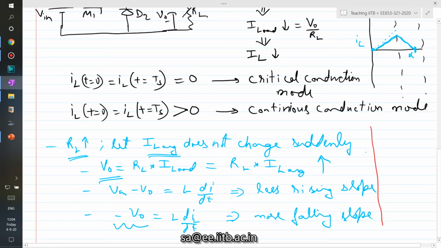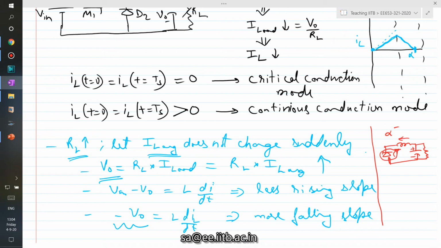So what happens at alpha? Just at alpha minus, what is the condition? This is the diode, inductor, output capacitor, load resistance, right? And the current is flowing in this direction. Now current has become 0. So therefore, now current would try to reverse its direction. Why? Because there is a forcing voltage here. So current would try to come back, but this diode will not allow current to come back, right? And therefore, current would never be able to come back and current would remain at 0. So the inductor current after instant alpha would remain at 0.